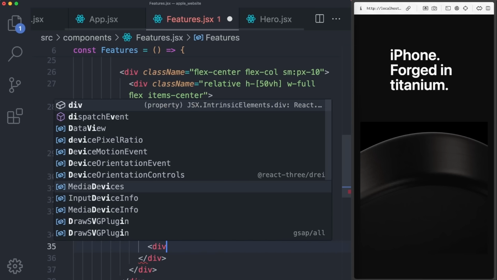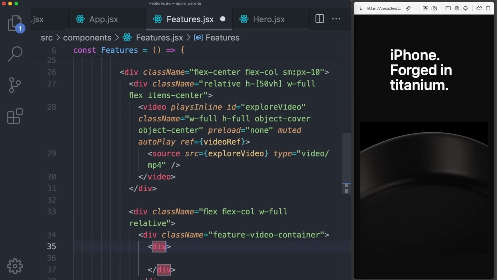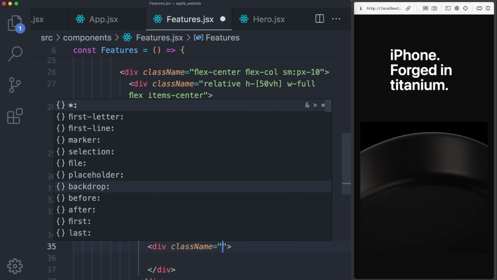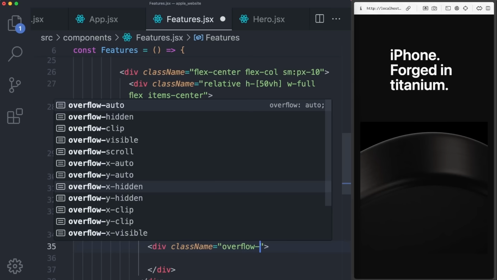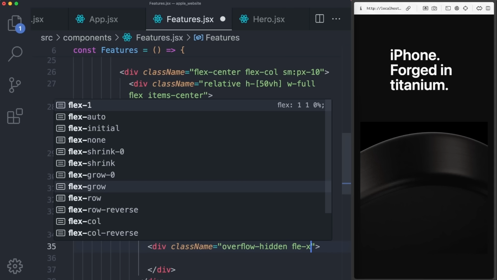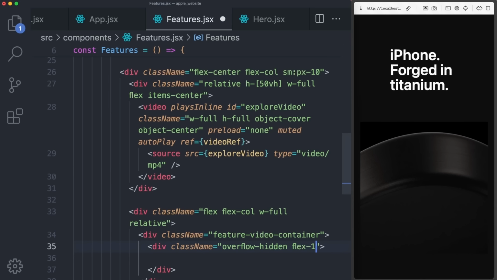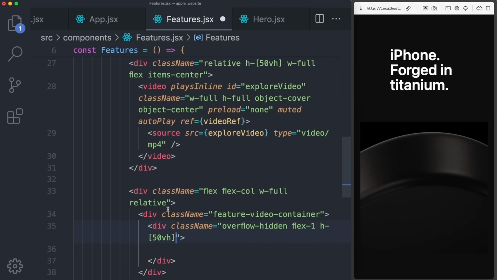And within it, we can have another div that will contain one specific image. So it will have a className equal to overflow-hidden, flex-1, and h-[50vh]. Within it, we can render a self-closing image tag